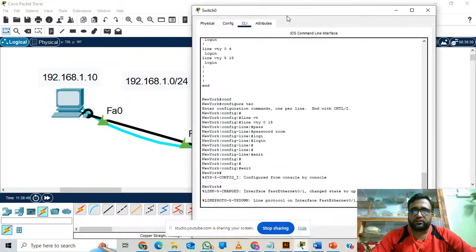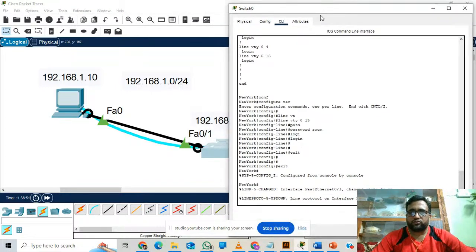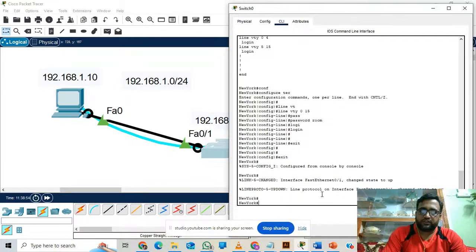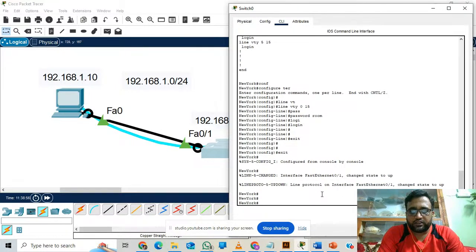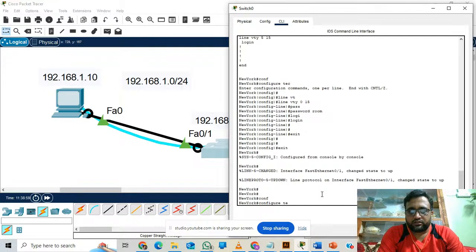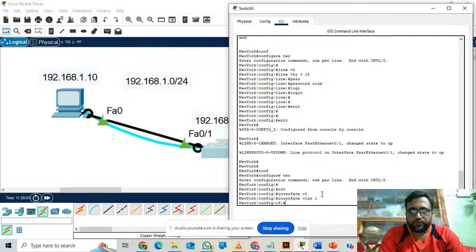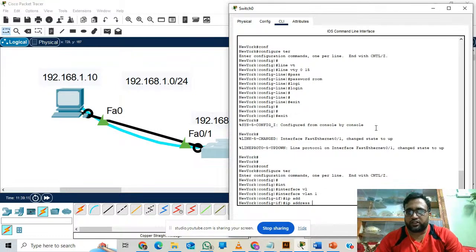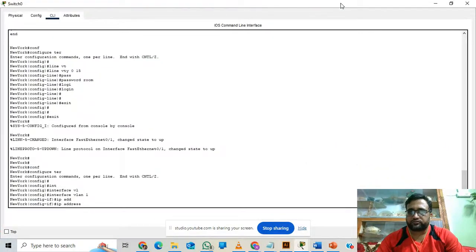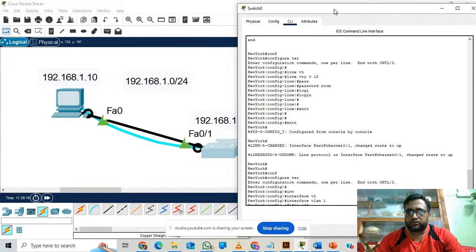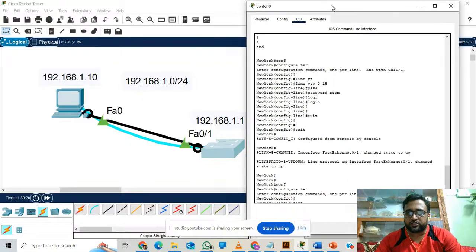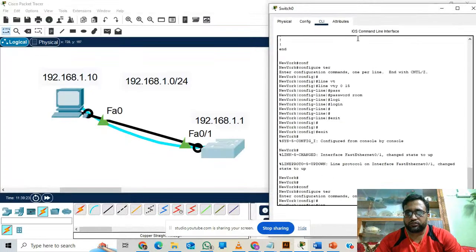Don't worry, I will teach you everything about the VLANs later in this series. Configure terminal, interface VLAN 1. For interface VLAN 1, I will set the IP address, which is 192.168, sorry, let me make it smaller, so yes,